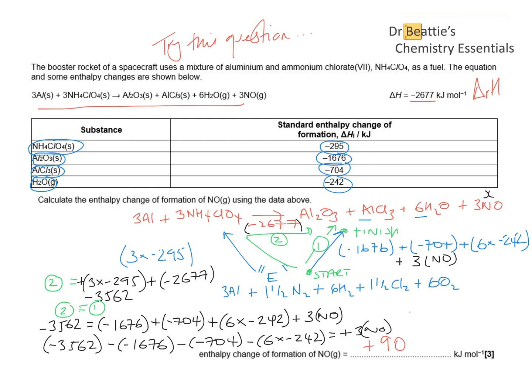If we then put this whole line into the calculator to work out what the sum of that is, then we end up with 270 is what 3 NOs is worth. So finally, 1 NO is 270 divided by 3, which then gives us the total plus 90 for each 1 mole of nitrogen oxide. So this was slightly different from the previous questions, again because we're only working out 1